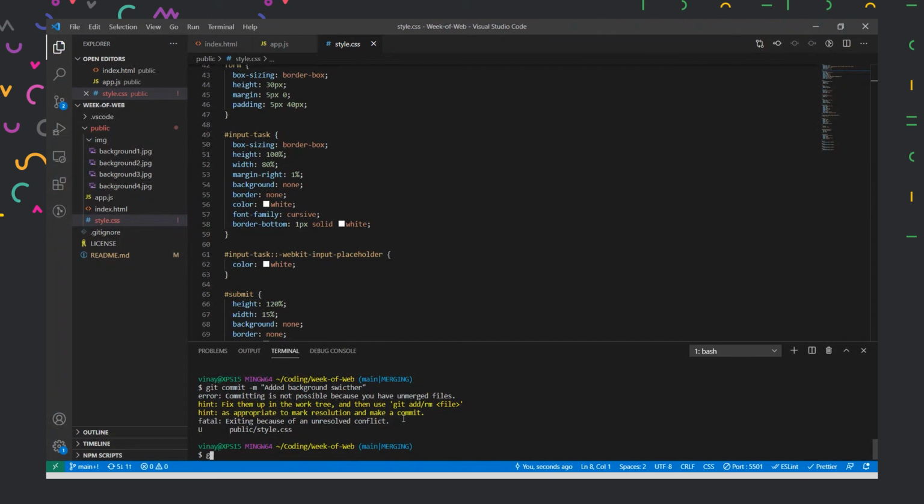All right. Now, if I put git push over here, it is saying again we are having some problems. It is not able to push because we need to pull first. The difference we have is that we haven't committed our changes over here. If we put git status, you'll see that this file is modified, but it is not in a staging area. So we'll first add this to a staging area, and then it will commit properly.